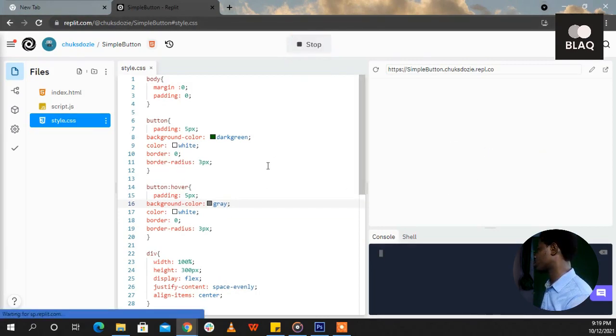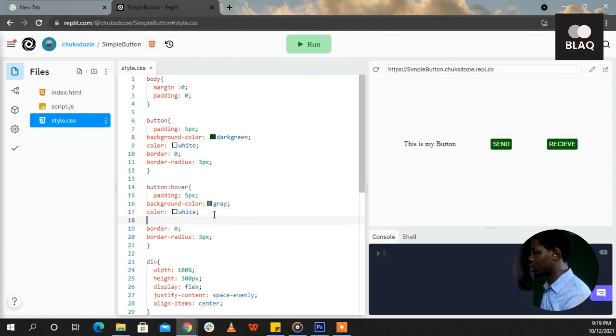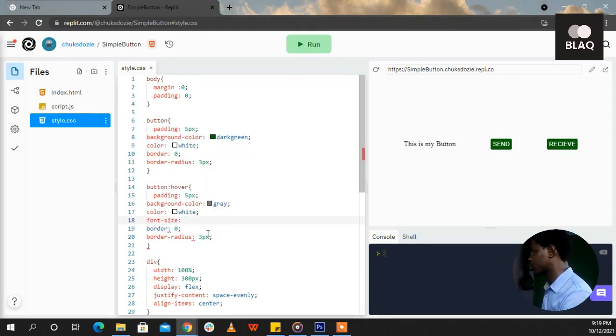Alright, so run this, and if I hover now, you see it changes. Alright, which looks very, very nice. You can even change the font size when you hover. Font size, so it looks like it's reducing or something like that. So font size when I hover should be